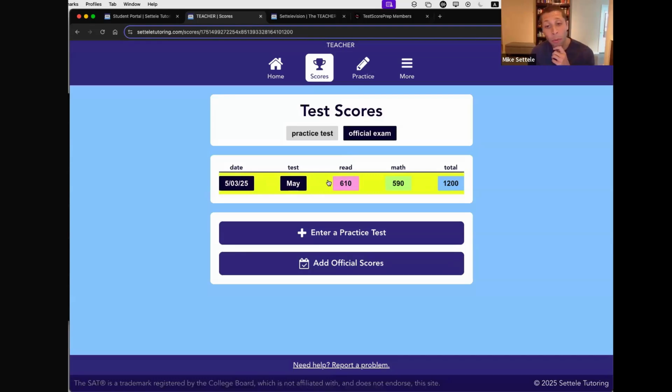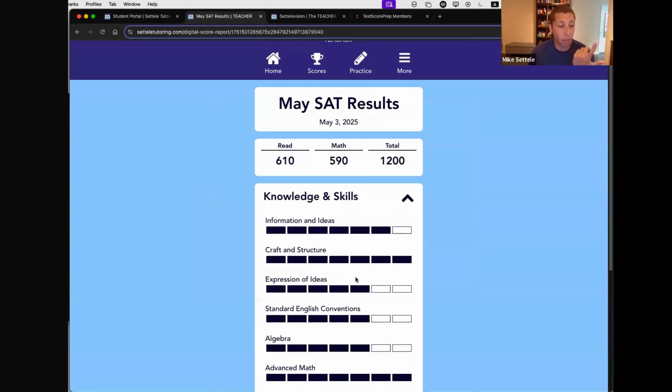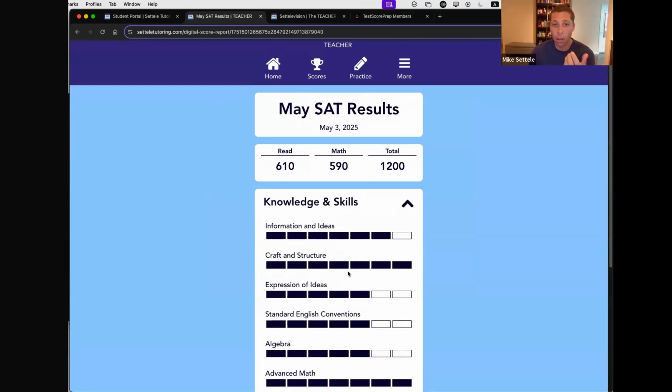Any past scores are there. And this is helpful for me. So maybe make it a point to do this sometime this week. I'll remind you guys in the homework as well to do that. But it'd be cool for me to see your scores. And then you can have the full score report for any past scores, just so I have a sense of where you guys are starting from.